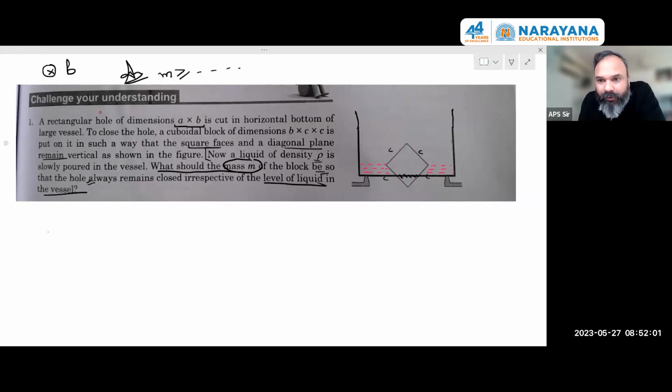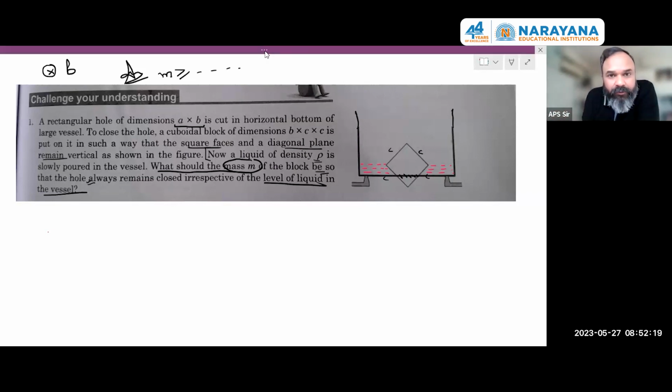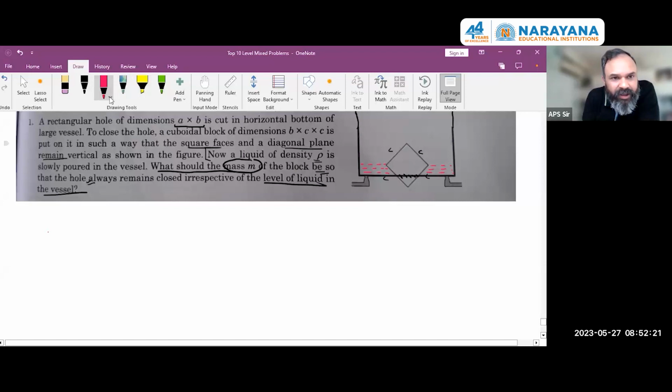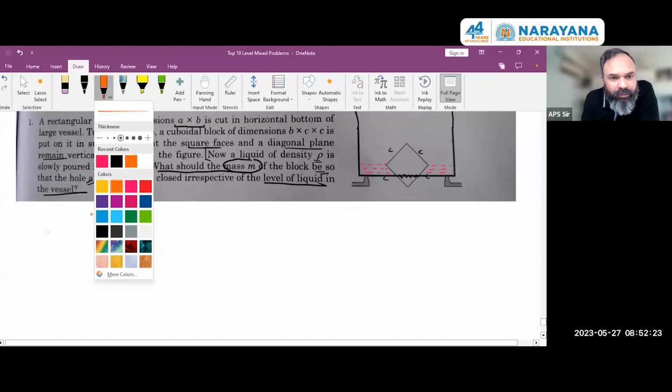So basically, you have got a weight downwards. Now just think of the pressure forces without P naught. So you have got some rho gh kind of terms which are acting up. So I understand that whatever pressure force is coming, I need to have a sufficient weight for that. So I'll keep that much at least. Now let's think further. Now I'm saying if you start pouring more liquid